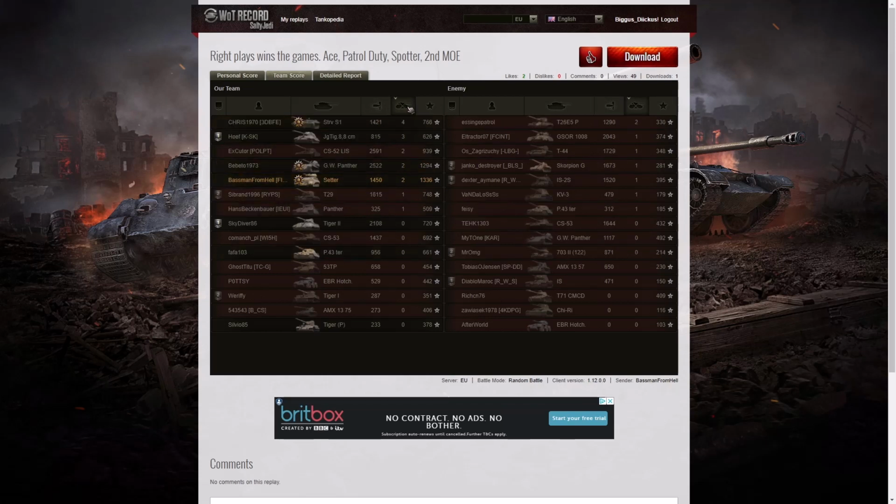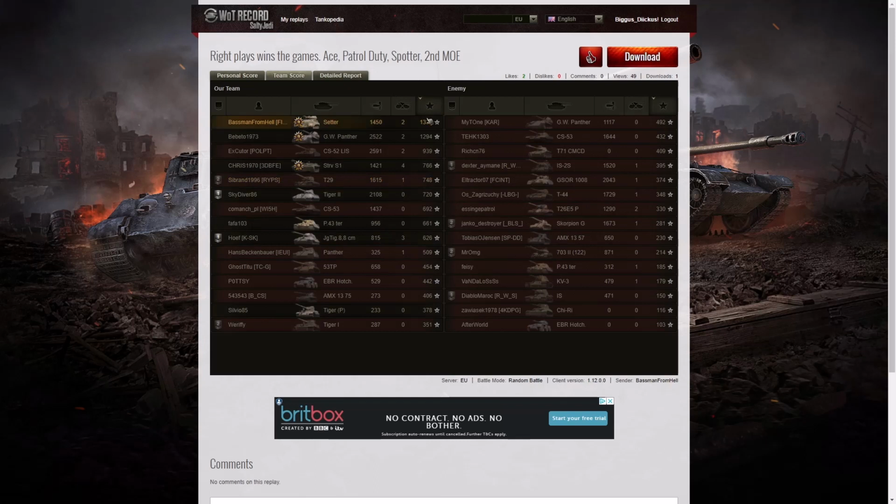When it came to kills though, it was the Striv S1 who managed to get the most. He got 4 kills in that game, also picked up a tank sniper. 3 kills went to the Jagdtiger 88, and 2 kills went to the Liss, the GW Panther, BassmanFromHell, and the enemy Patriot. When it came to base XP, it was Baseman, 1,336 base experience points to him, 1,294 went to